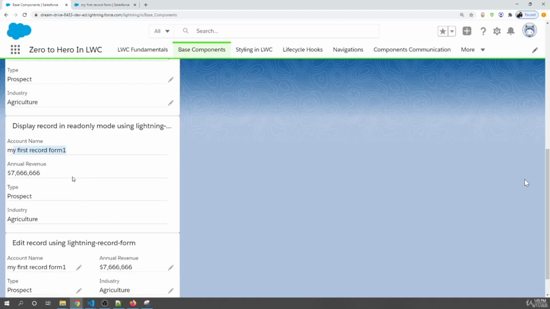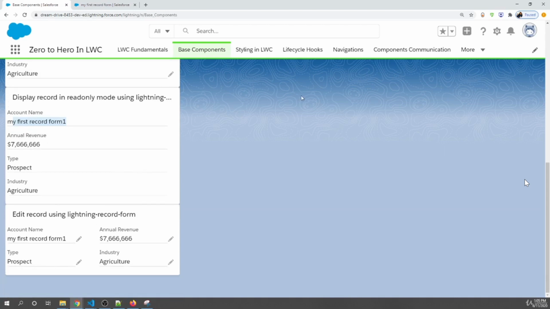You can try it on your own. You can create another component, use the same technique that we are using, and once you update it, it updates the other component as well. And in the edit mode, as soon as I update the record, it went back to the view mode. Okay, now let's go and see the layout